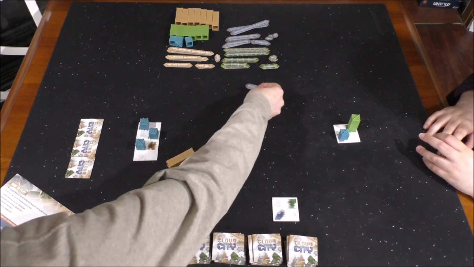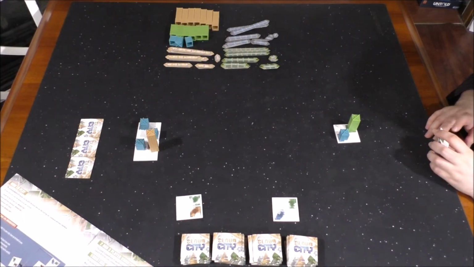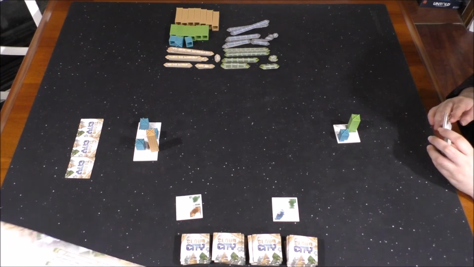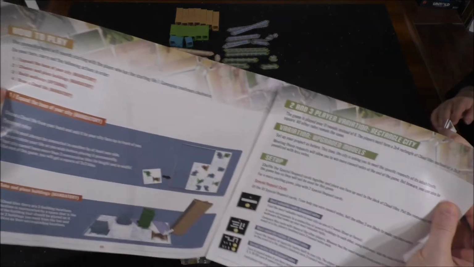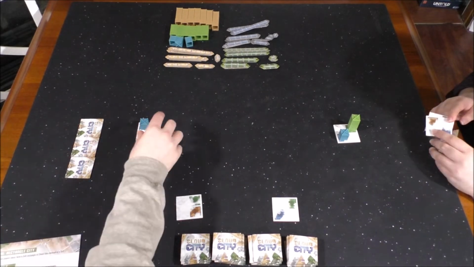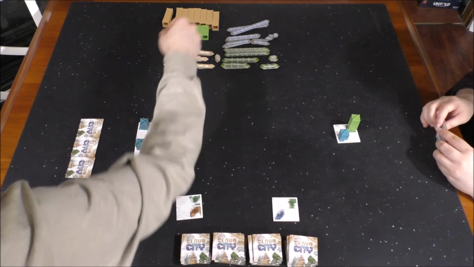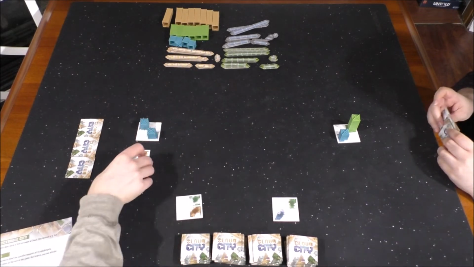Okay? That can go back there. And that's optional. You don't have to build walkways right away. And then lastly, you draw a tile from here to refill your hand. And that's it. That ends your turn, and then players continue doing this until they have a 3x3 grid, and